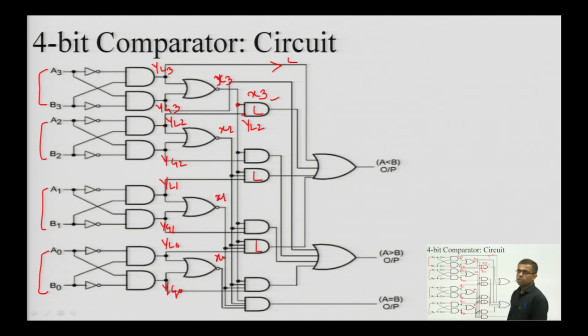So, these are the gates involved in generating the lesser output, and similarly these are the gates involved in generating the greater output. All these terms are added: this one is for L, this one is for G, and this one is x3, x2, x1 and x0, that means equal. So, this is used for equal output generation. So, this is the 4-bit comparator circuit which has been derived from the concept of 1-bit comparison. With this we come to the end of this lecture. Thank you very much.